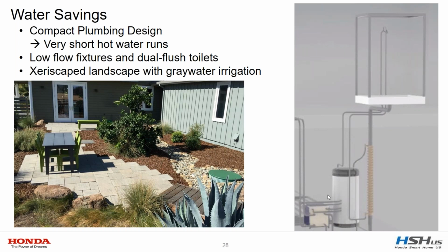The thought here is, when you turn on your shower and you're waiting for hot water to arrive, as long as you've got to wait is how much water is sitting in the line, and all of that cold water is just being wasted. So by having really short runs, the user is happy because the hot water gets there quickly and you waste less water. And then of course we have dual flush toilets and low flow fixtures and everything else you'd expect